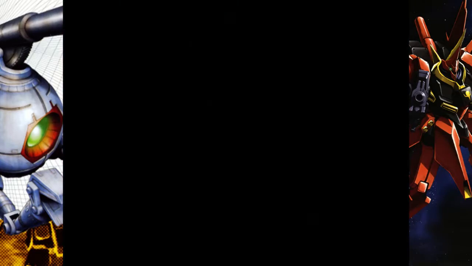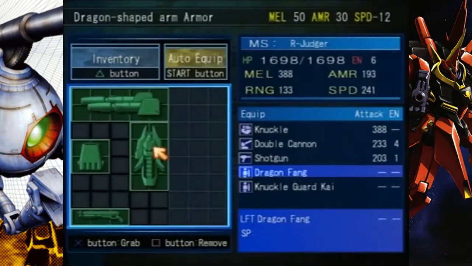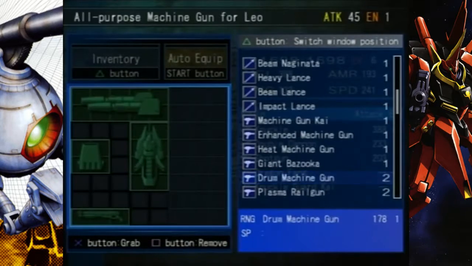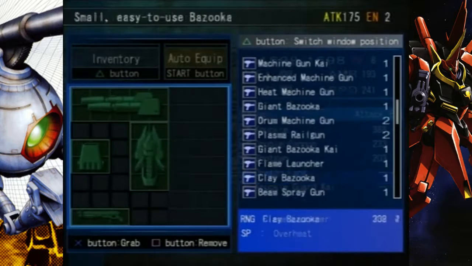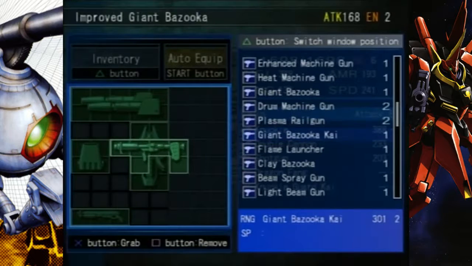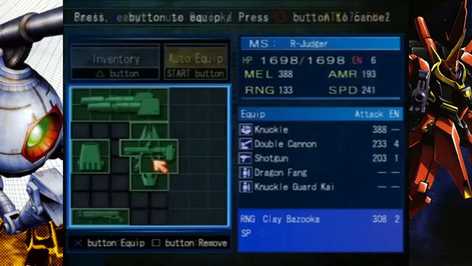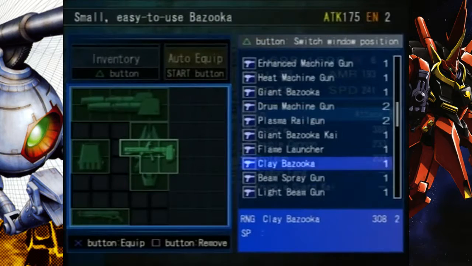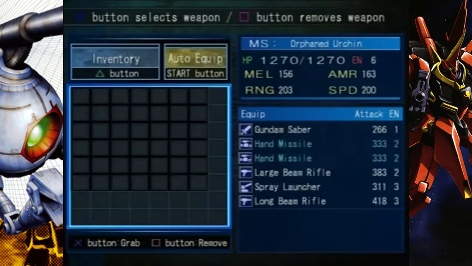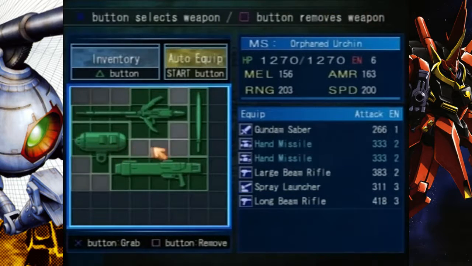So, what's your clay bazooka do? Oh, that's a good question, Atou. Let's see. Clay bazooka, that's giant bazooka. It's 175 for 2, which is pretty good, considering its size. Oh, I'm giving it to you. No, I was just considering who I should give it to. Well, no, I'm keeping those on Fritz because they look neat. And those are shoulder mounted, so...